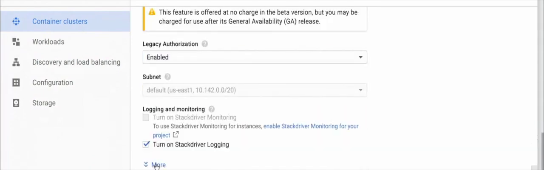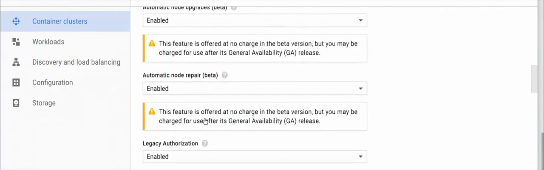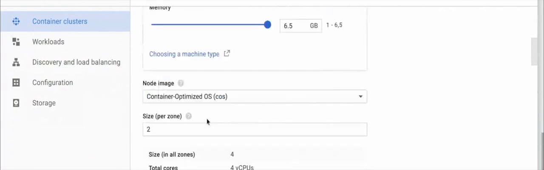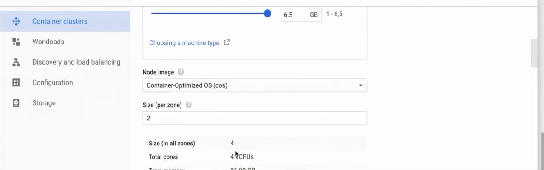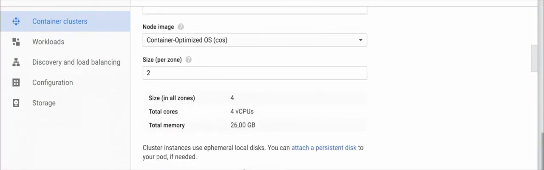We will go here and actually make that cluster highly available. As I said, the goal here is to deploy Kubernetes in a production grade manner. If you want production grade, you cannot have only one availability zone. You need multiple zones. So I will come here and say that I will also run it in US East 1B. So I will be in the same region, all on the East Coast, but I will have 2 hosts in each of the zones. So 4 nodes total for 4 vCPUs and 26 gigs of